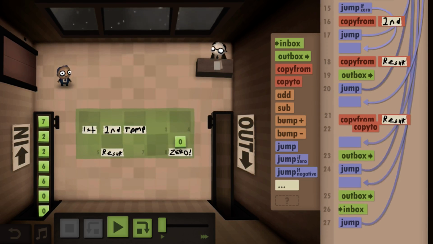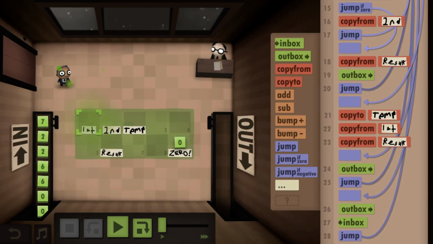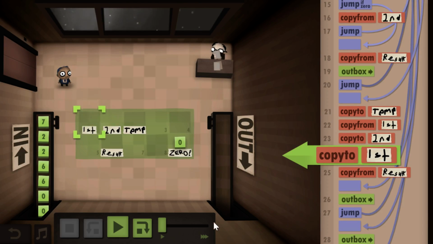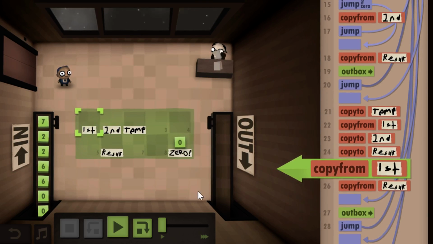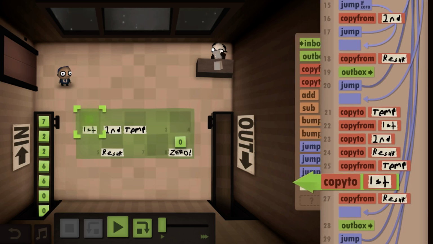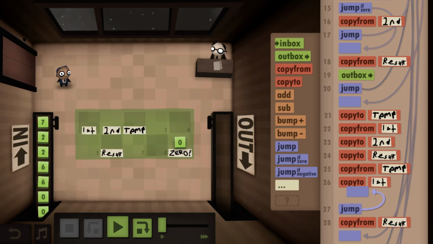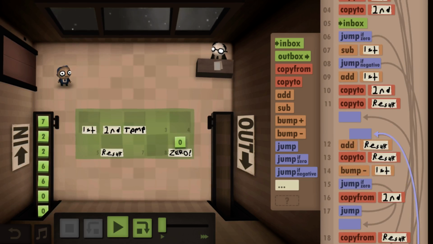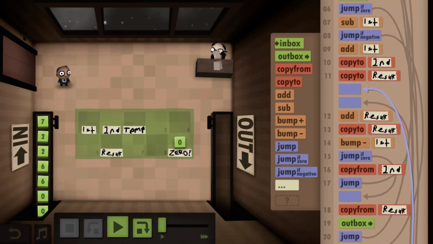Jump if negative, copy to temp, copy from first, copy to second, and when we copy to second, copy to result also, and then copy from temp to copy to first, and then when all that's said and done, go back this way to that.